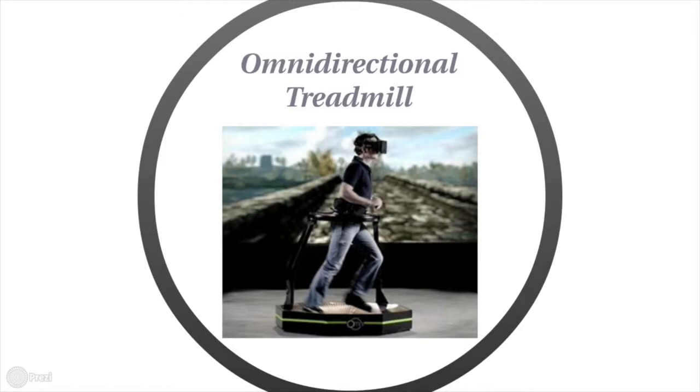Okay, moving on to the omnidirectional treadmill, the ODT. It is a mechanical device that's very similar to a typical treadmill, and it allows a person to perform locomotive motion in any direction, allowing for their 360 degrees of movement. And typically, it's used for video games. Like the latest Omni invention, it enables you to move very naturally and freely in virtual worlds